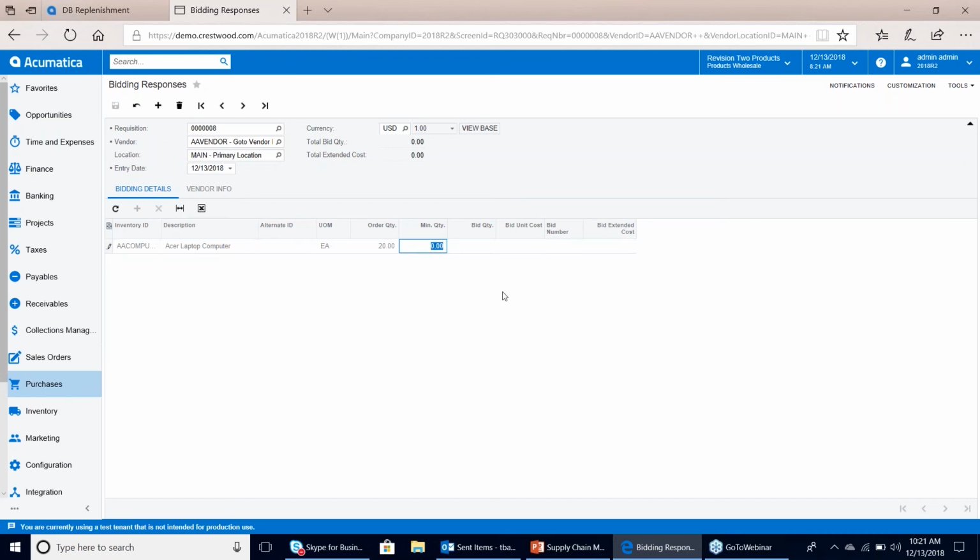What's the minimum quantity that they can satisfy? They can satisfy the full quantity, and what is their bid? So it's for that amount, I'll say it's for $230. We'll give it a bid number of 1. We'll save that. Then we can scroll to the next bidding response, rather the second vendor that's been selected on that